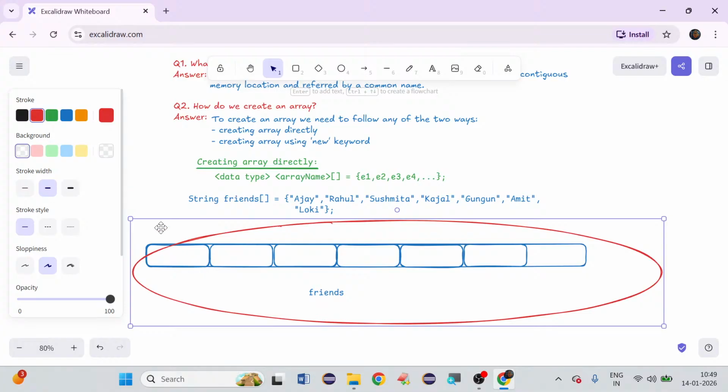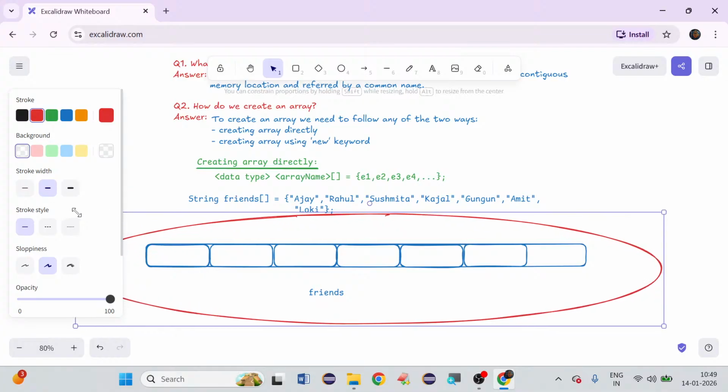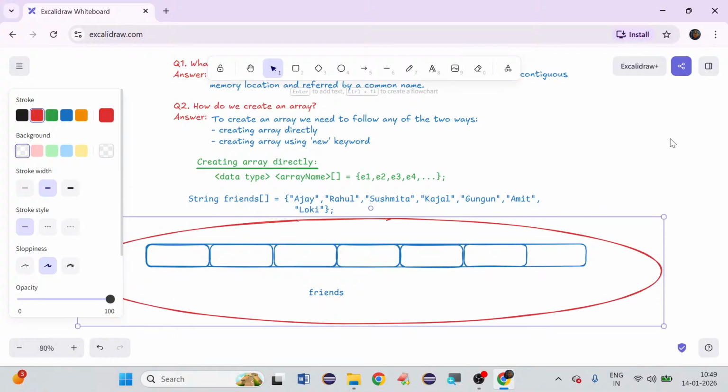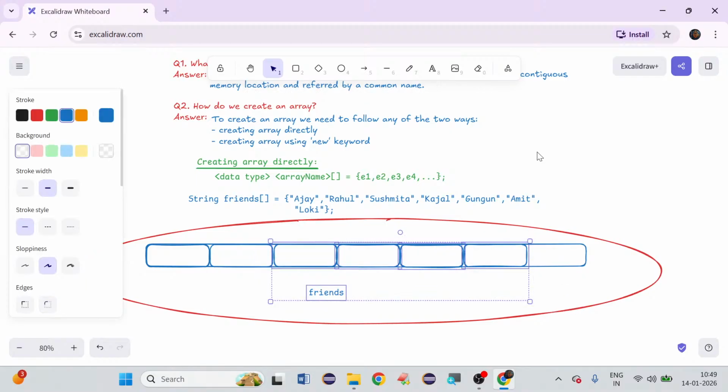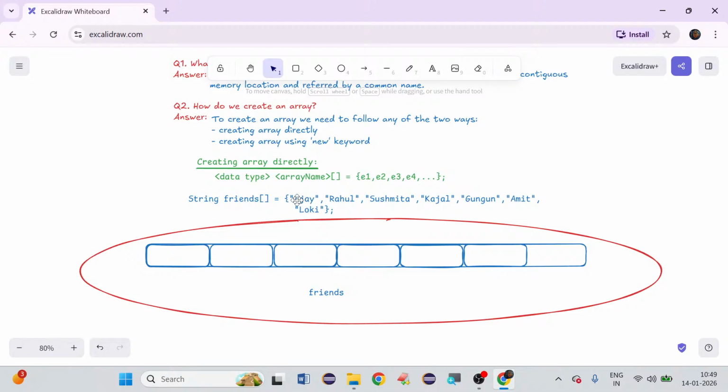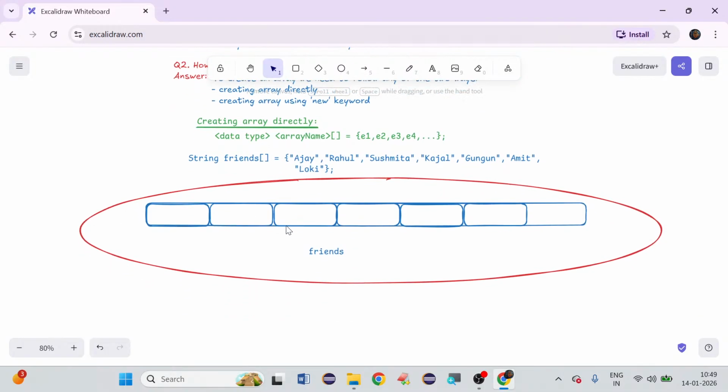This is what an array looks like in the background. Just visualize like this. All right. Now, what about these values that I have got in my code? These values, how will I store? Each cell over here, each box